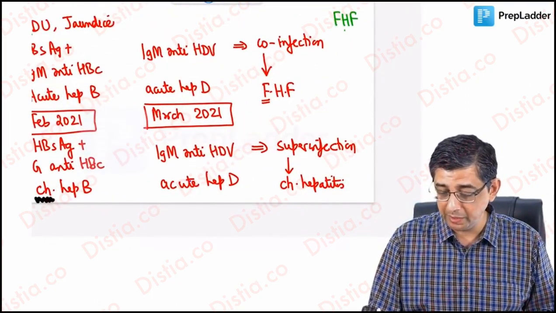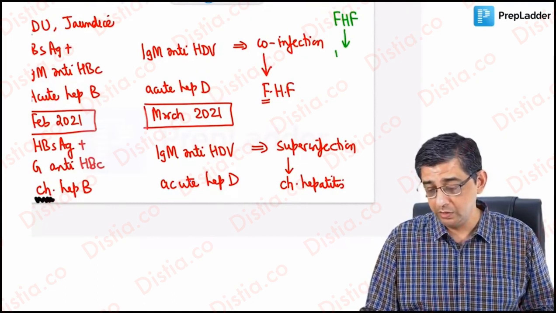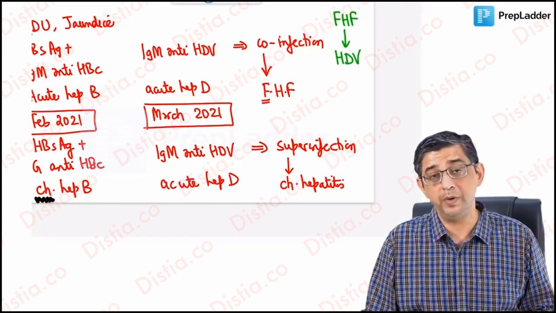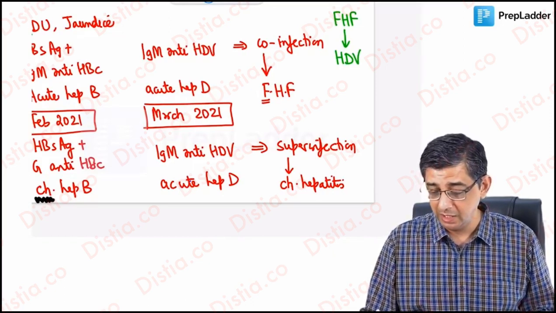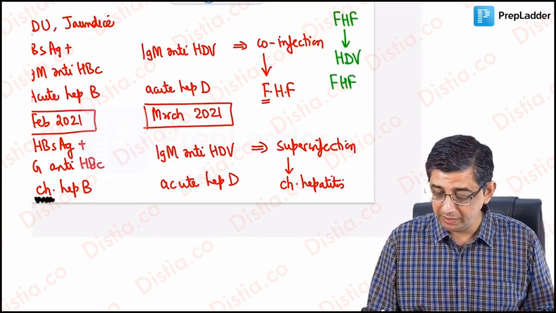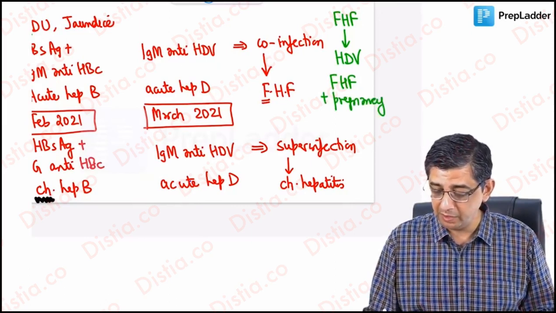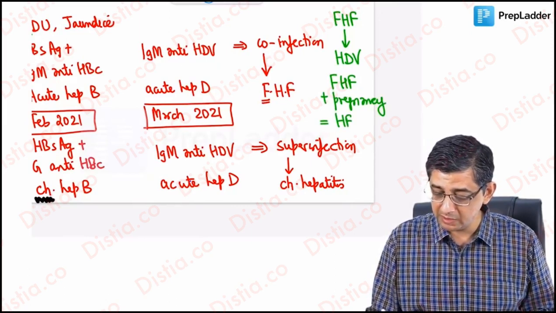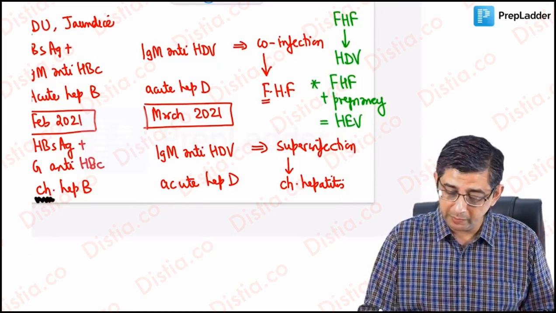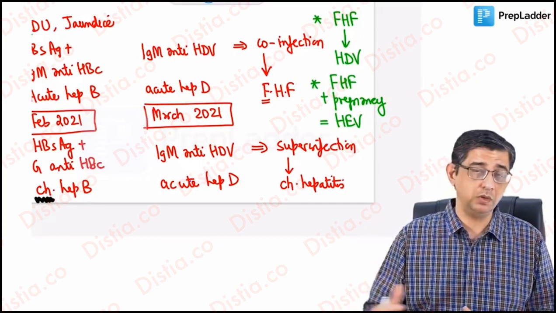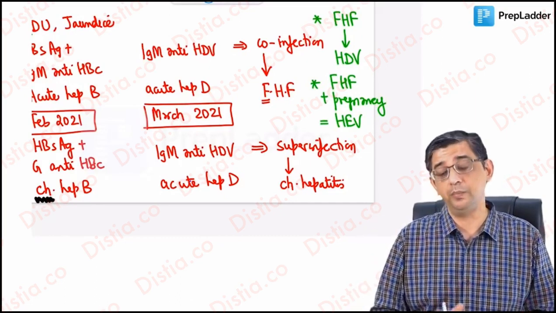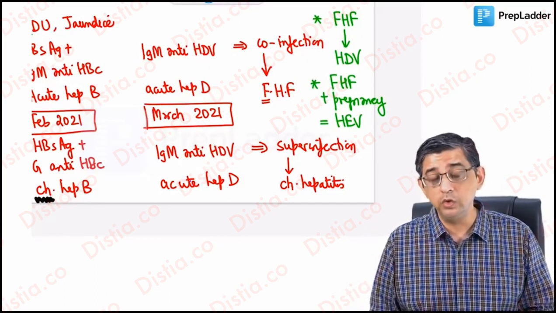I also want to draw your attention to the fact that if a question simply says what is the leading cause of fulminant hepatic failure overall, then the answer is hepatitis delta. It is hepatitis delta, 20% incidence. When it is fulminant hepatic failure with pregnancy, the answer is going to be hepatitis E virus. So two statements which are important from an exam perspective I want you to remember are: